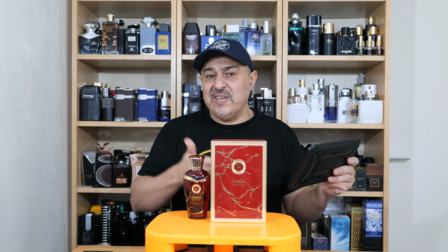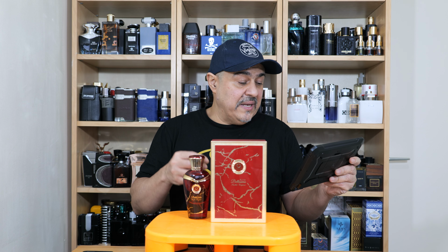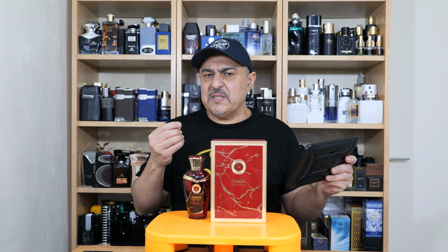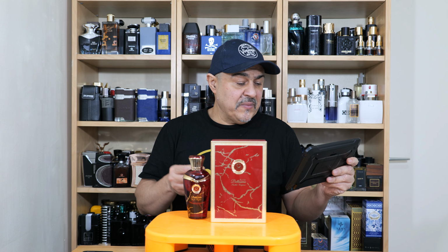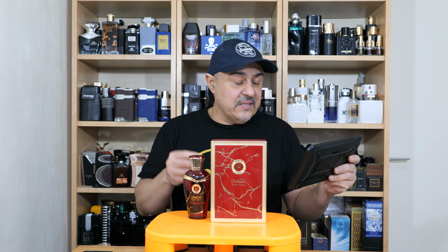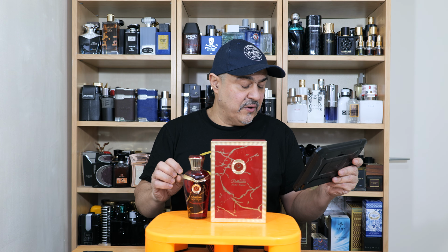Fruitiness, especially that cherry and the raspberry. I'm smelling some berries. I'm smelling that pink pepper as well, and also musky in the base. Yes, a little bit of soft spiciness to it, which I'm not sure where it's come from. Probably from a ginger. There is a ginger aspect in here, and also it's a little bit on the nutmeggy side as well, and a hint of powderiness, as I said. But the powder in here is not a big component, but there is an undertone of powderiness overall to it,